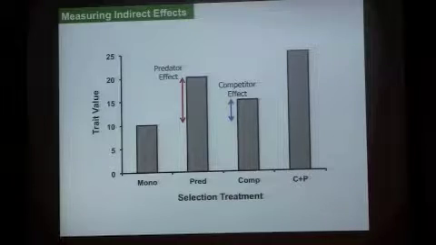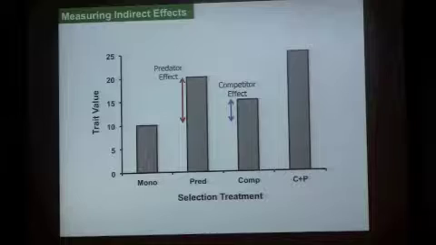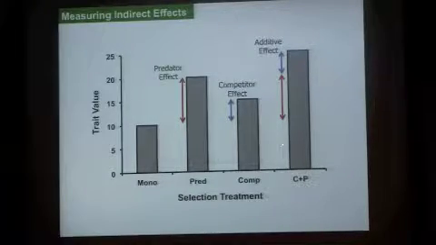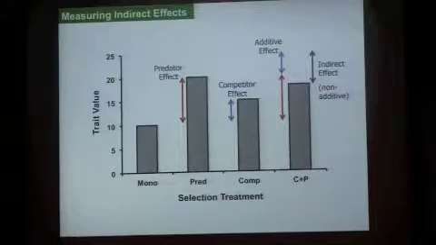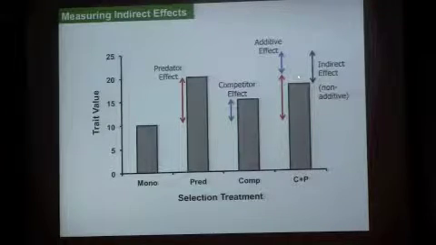And then if those effects are additive, if those species don't induce any indirect effects, if we're just adding their effects together, we should see this. We should be able to add the red arrow to the blue arrow. And if the effects of predators and competitors are purely additive, if they're not interacting with each other, we'd expect a very large trait value when both species are present. And any deviation we see from that has to be due to some indirect effect. So we can measure that, the non-additivity, as the difference between that predicted additive effect and the actual observed value we see in that community.